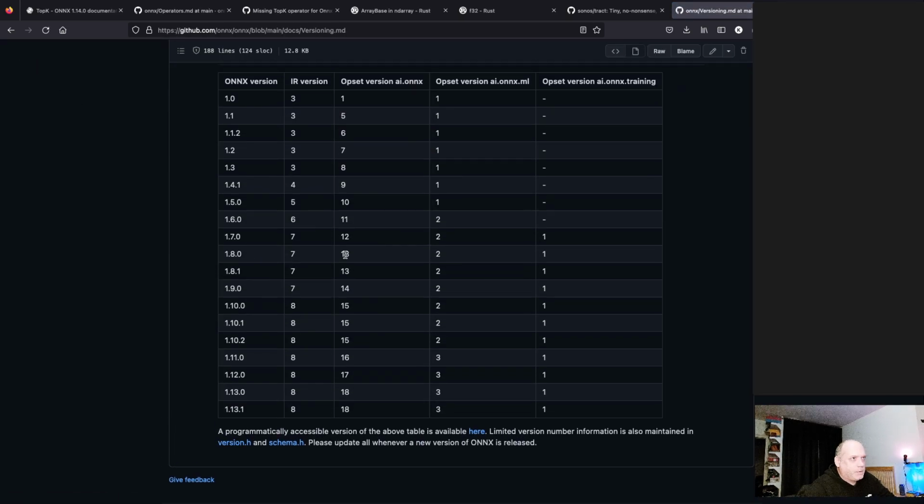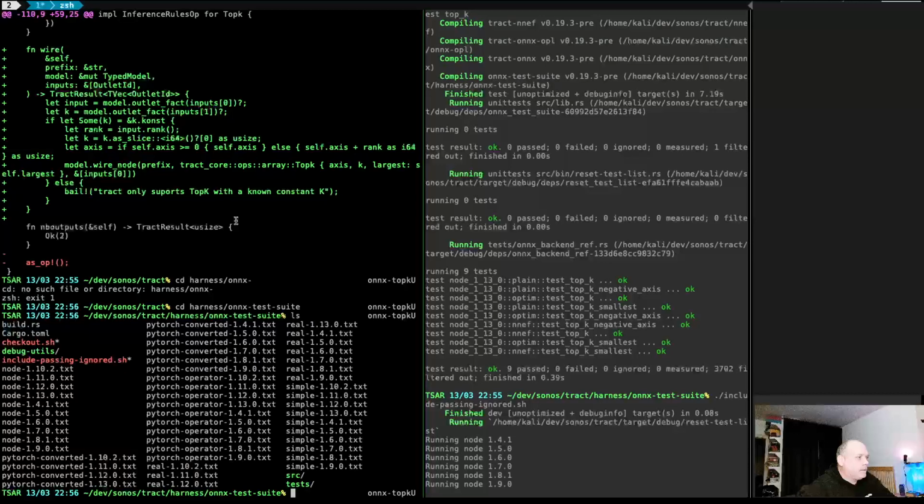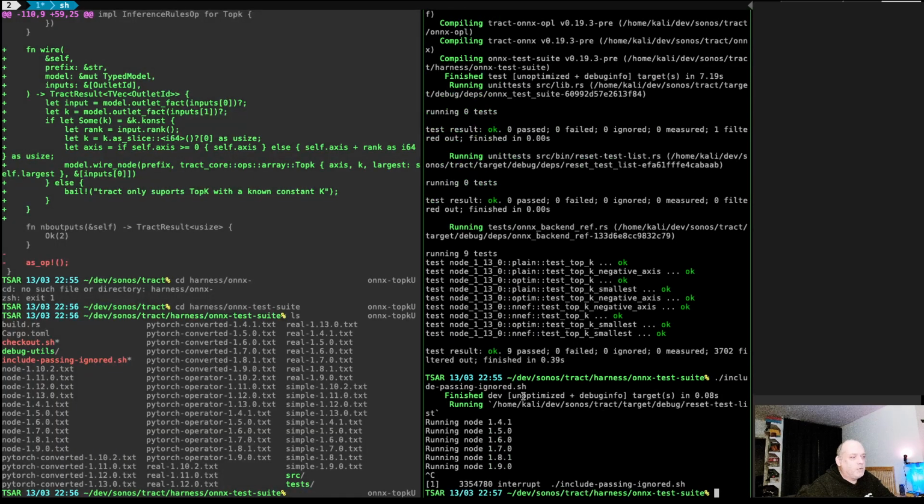So operator set 11, we start at ONNX version 1.6. And so 1.6, 1.7, etc. All of this, except this 2.1, should be able to pass these tests. And most of the time, these things work. The problem here is it only works for tests that do not require